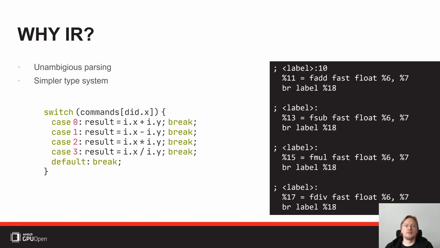Typically, it's very, very specific on everything. There's no ambiguity in there. And on the right-hand side, we can see the LLVM IR for this case. And you can see the breaks have been converted to branches which specify the label they are branching to. So there's no ambiguity what this break is actually doing, right? It's a branch somewhere. It's the same as if you had written goto and then the label